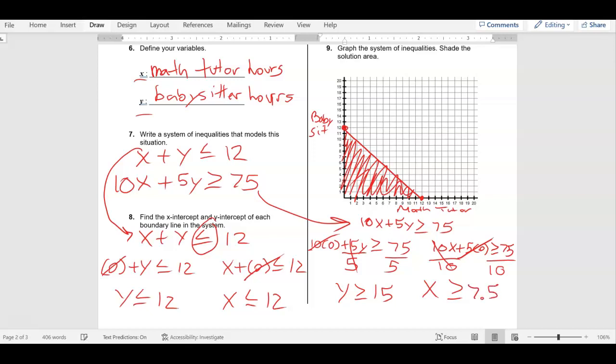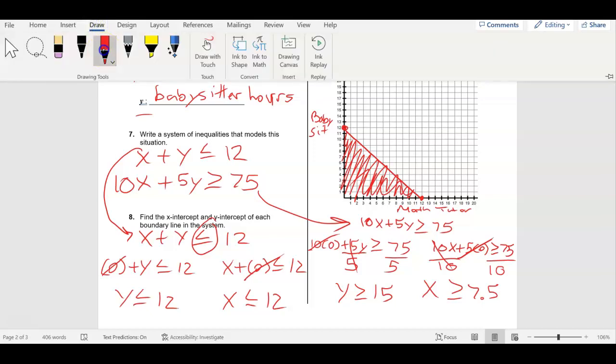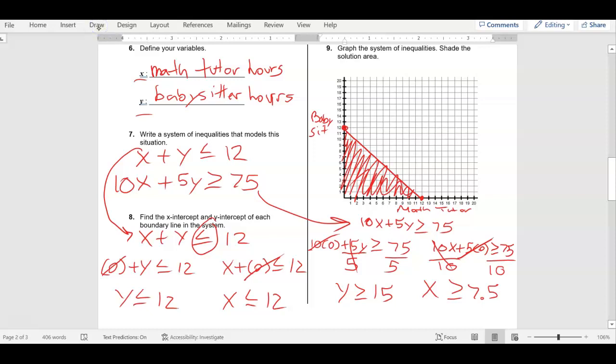With your other color, can you put 15 on Y and then 7.5 for X? So halfway between 7 and 8 for X. Now looking at that inequality, solid or dashed, above or below, what do you think? Solid because it's underlined. Greater than means you're going to shade above, okay? Go ahead and make yourself a solid line.